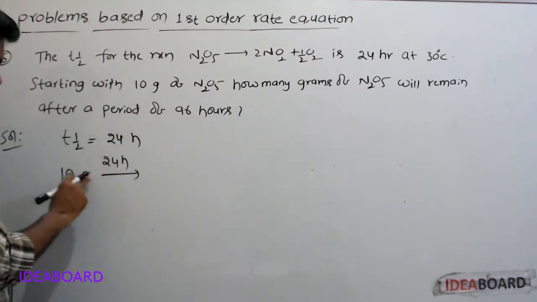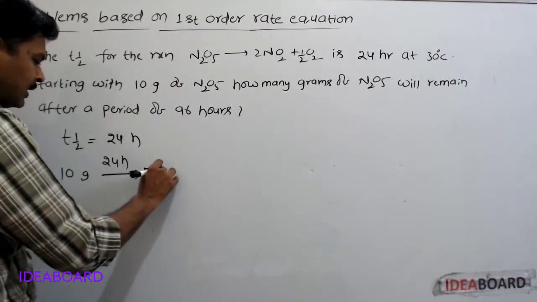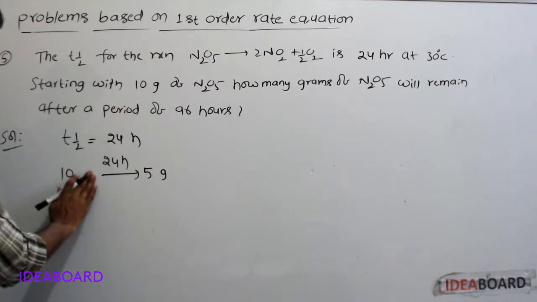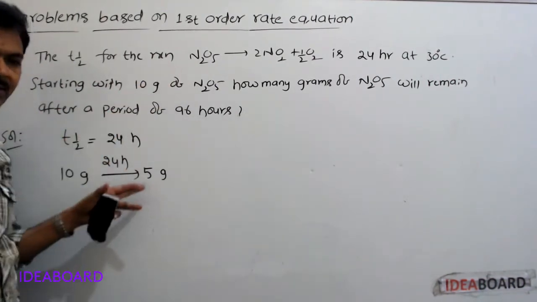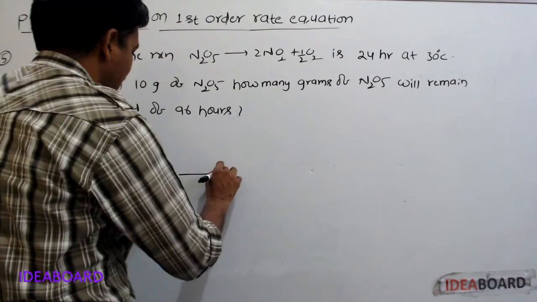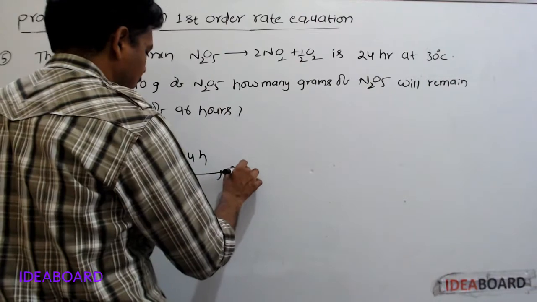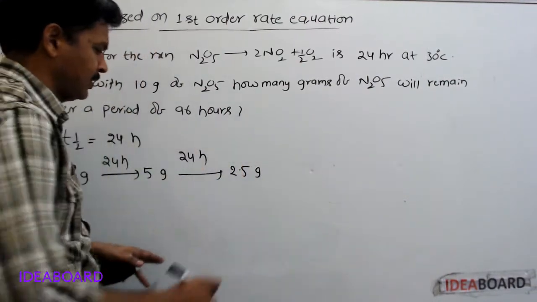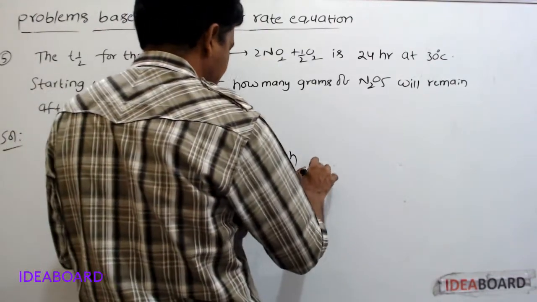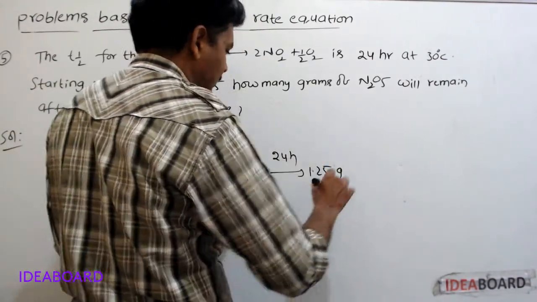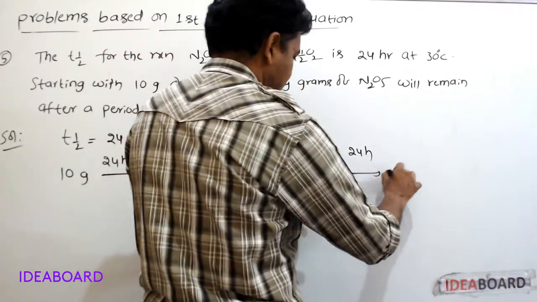After one half-life, 24 hours, 5 grams will remain. After 24 more hours, half of this, 2.5 grams will remain. After 24 hours, half of this, 1.25 grams will remain. After 24 more hours, half of this